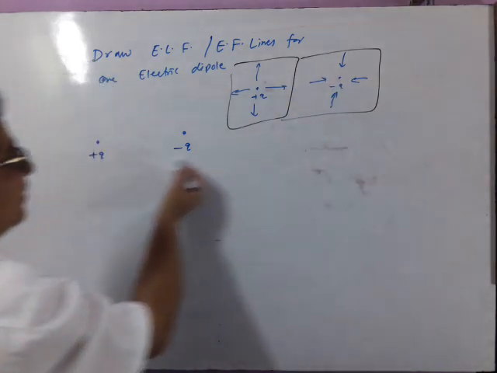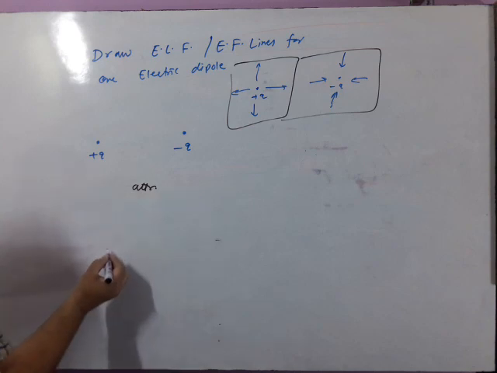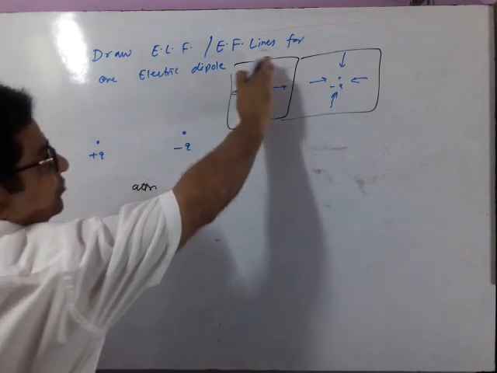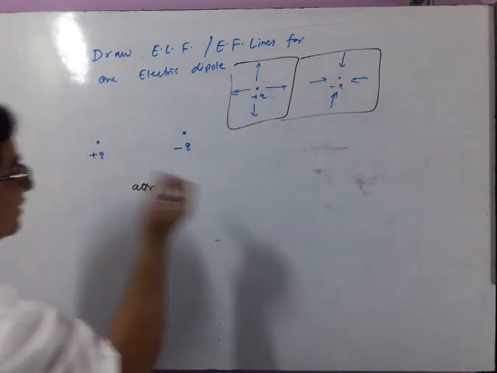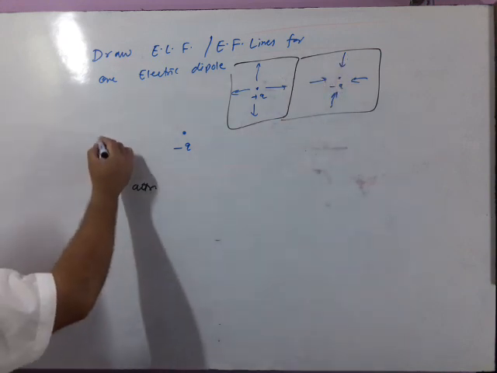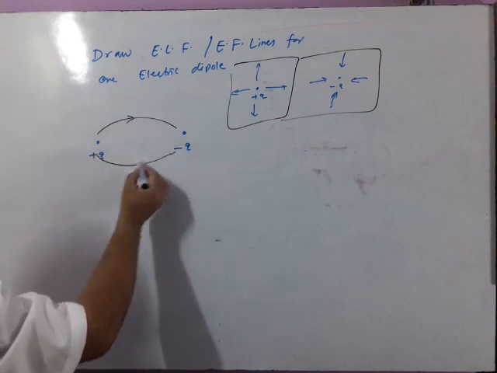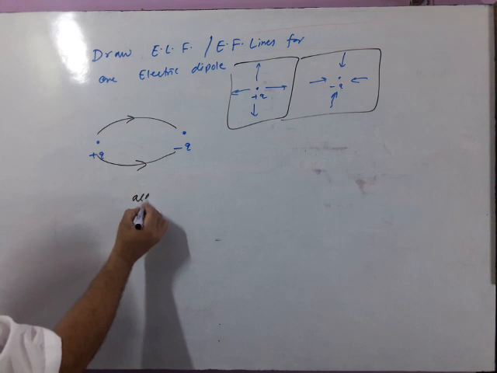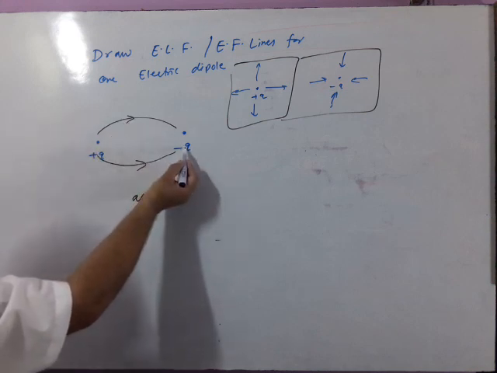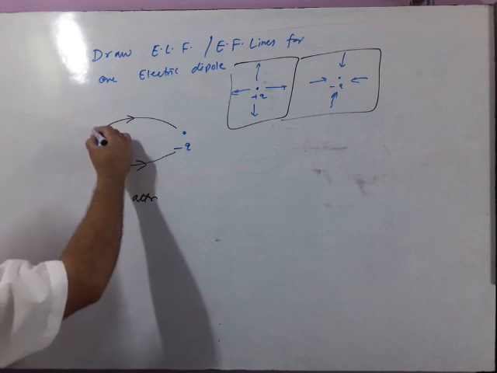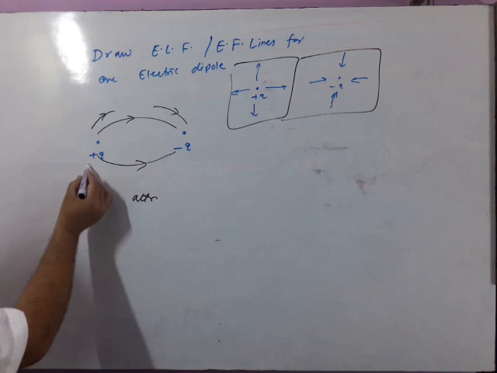Now when you place it together, there is attraction between them. So these lines will shift towards negative and these lines of negative will shift towards positive. The diagram is like this. From positive charge, electric lines of force are radially outward. Focus. See, outward from positive, inward towards negative. See, this is attracted towards negative. Like this, it is attracted toward negative.